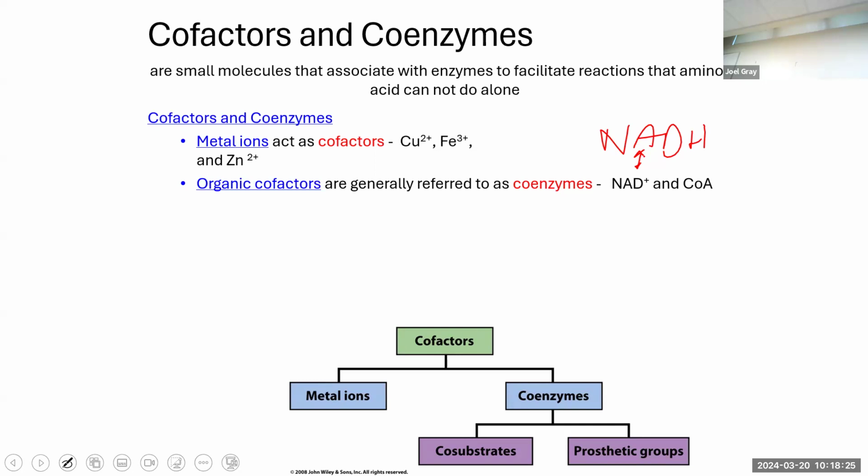Less. Because oxidation is loss. So if it's oxidized, it's lost electrons. So if something loses electrons, is it going to have a positive charge or a negative charge? It's going to have a positive charge. So NAD plus, is that our oxidized or our reduced form? That's our oxidized form. So NAD plus and NADH, those will go back to the reduced form.